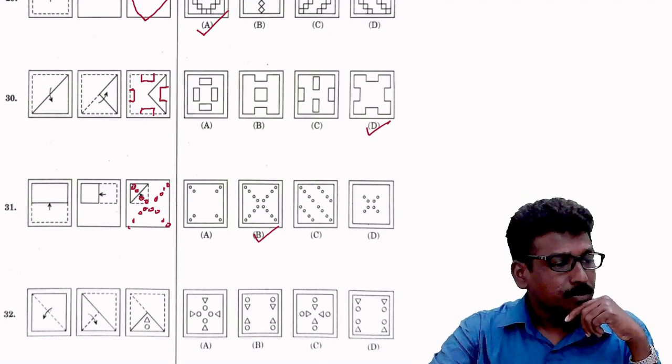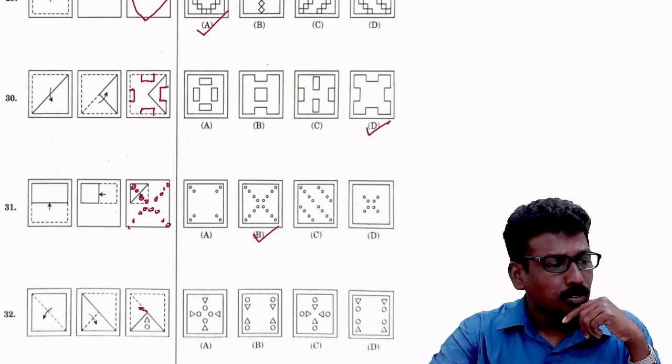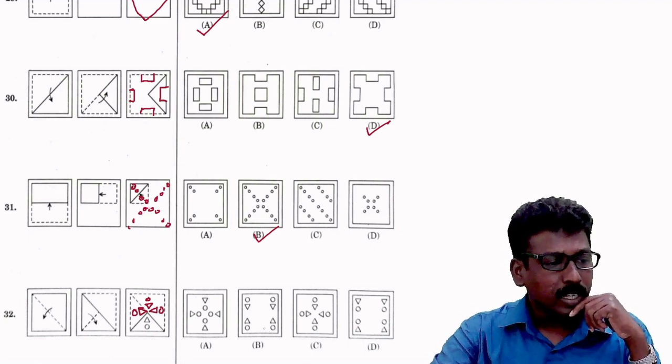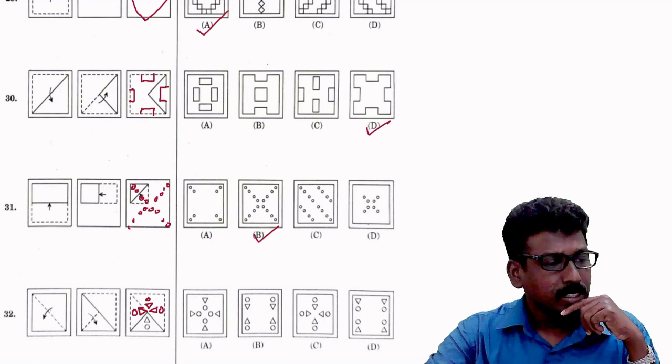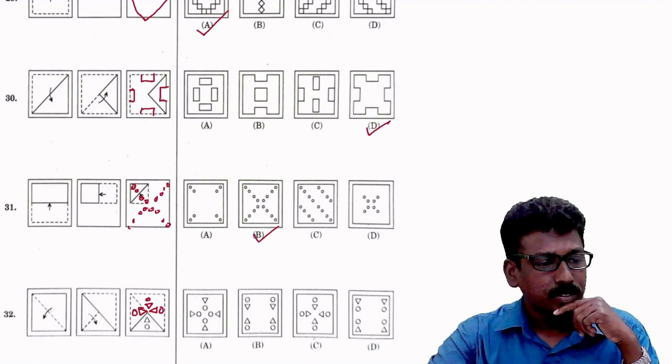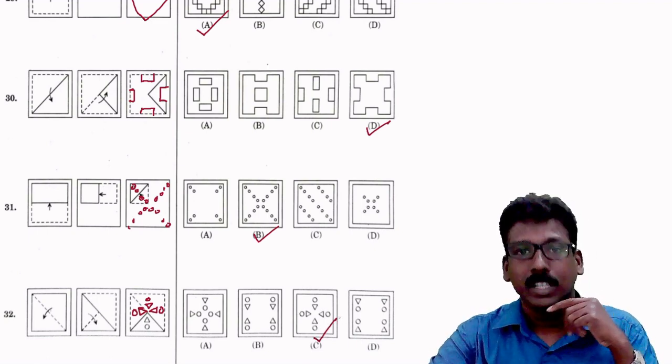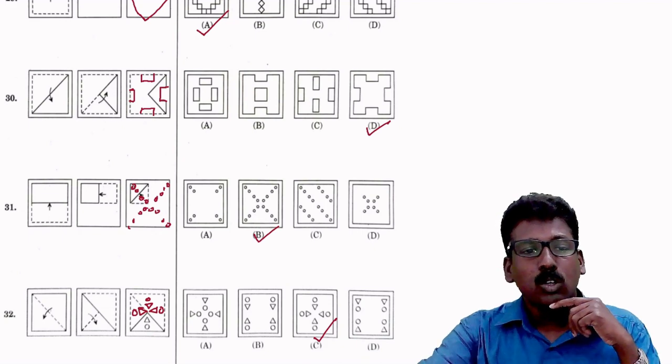Here you can see a triangle and a circle are cut out. While unfolding, the triangle will be in this direction. This will come as this one, and its opposite here also you will get. Okay, so the correct answer can be triangle, circle. Yes, C will be the correct answer. Now look at the